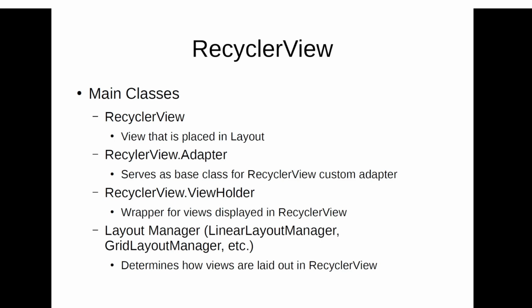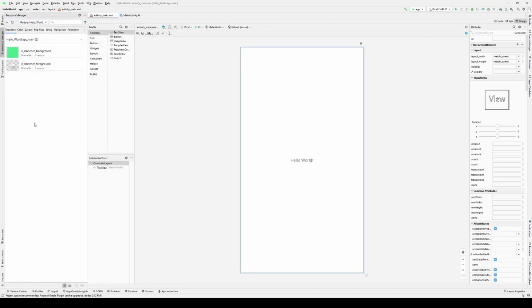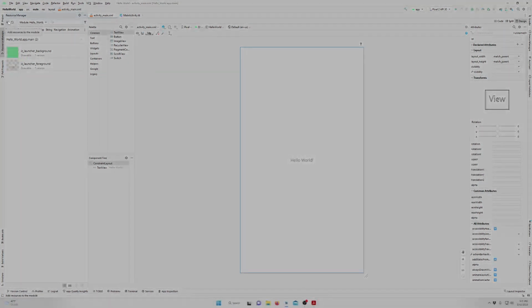Let's look at a basic implementation. What we're going to do is create an application that can display a list of images, and we're going to do that by using a recycler view. So the first thing I'm going to do is add some images to my application as resources. I previously downloaded a set of images, and I'm going to use the resource manager of the IDE to import these images. So from the resource manager, I'm going to click on the little plus toolbar button and select